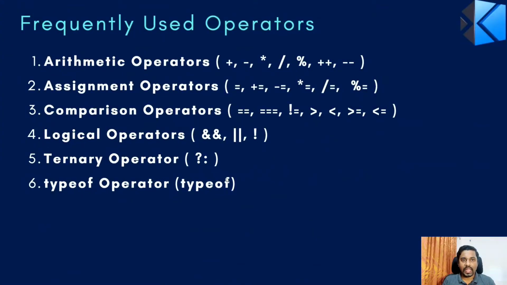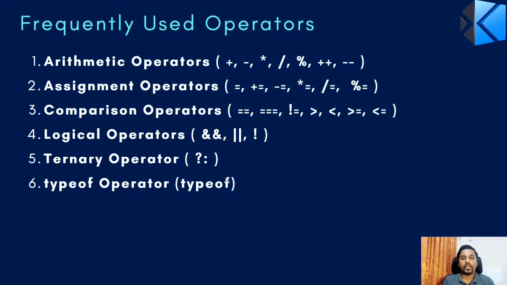This is the list of operators. There are around 6 types of operators that you use in our day-to-day life. Arithmetic operators, there are multiple arithmetic operators that we have, like plus, minus, multiplication, the star mark that you see, that's a multiplication sign. Division, it's not a backslash, it's a front slash. Then the percentage sign is nothing but your modulus. Double plus, double minus, those are usually called increment and decrement operators.